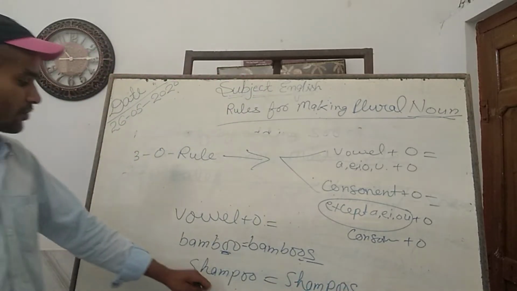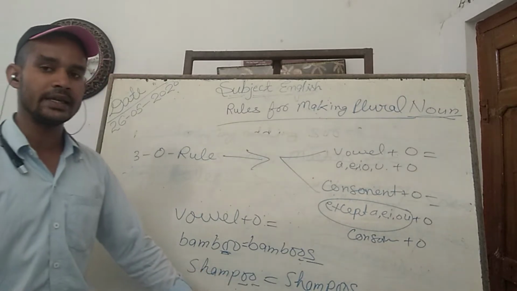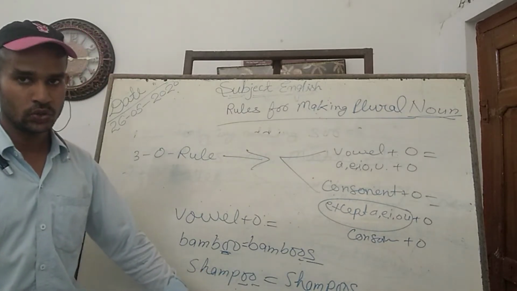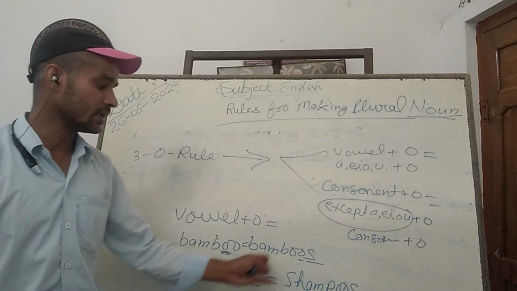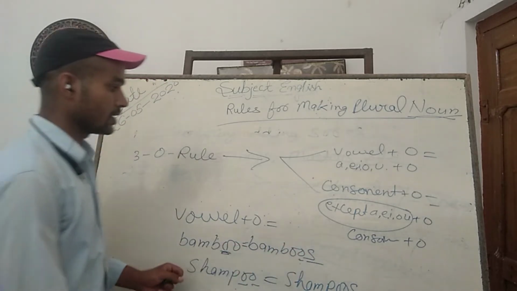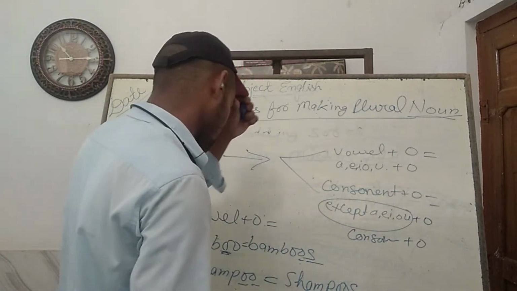In the same way, a, e, i, u also apply here. But when the o is preceded by a consonant, for example,